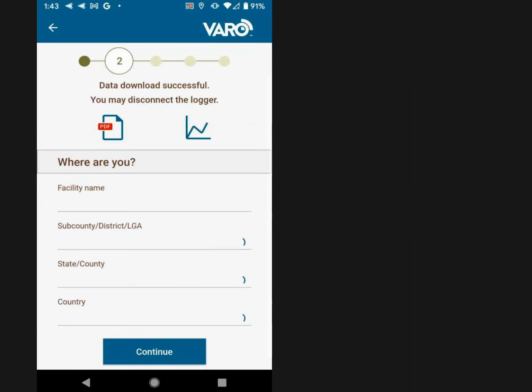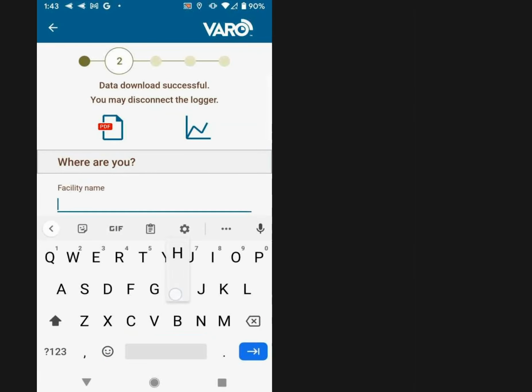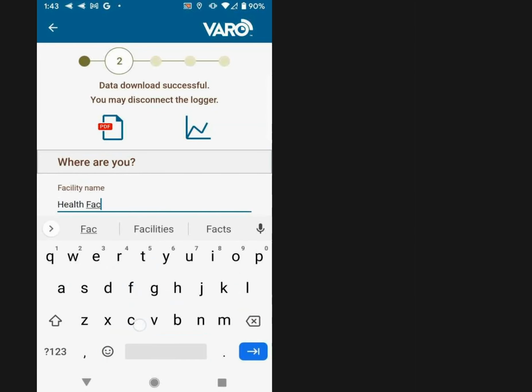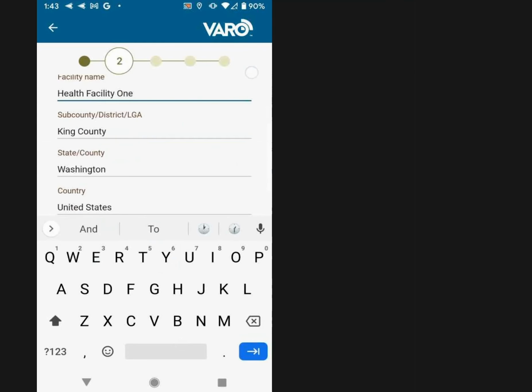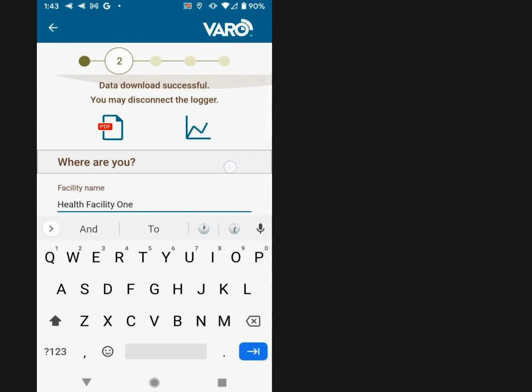On this screen, the Varo app will ask for the facility name, and if possible, it will auto-populate the sub-county, county, and country fields. Those can be corrected by the user if they're seen to be inaccurate. So here we'll enter a health facility name, and at the bottom we can press Continue, but on this page you can also click either this PDF button